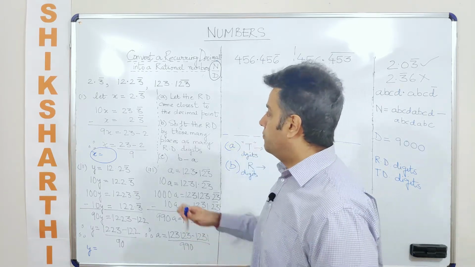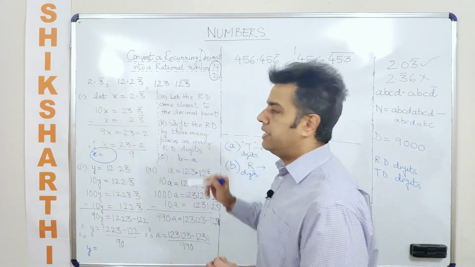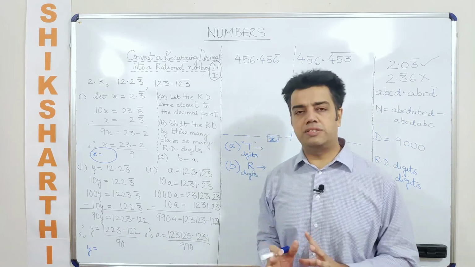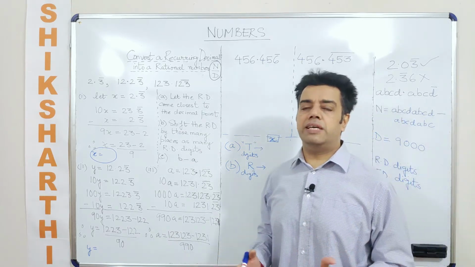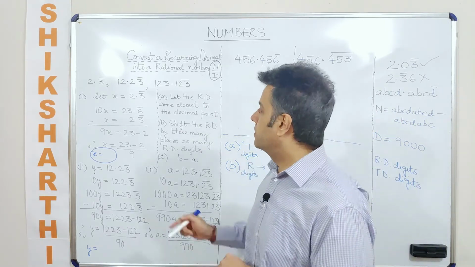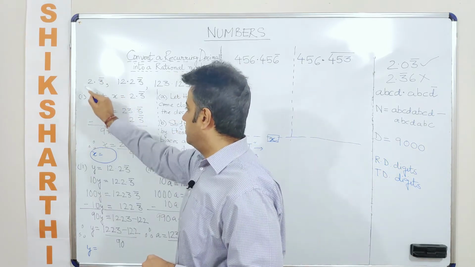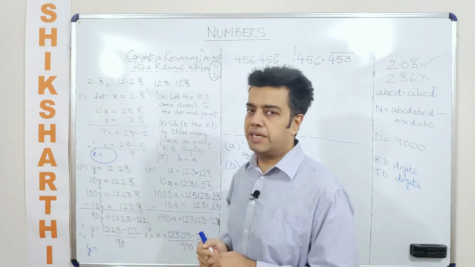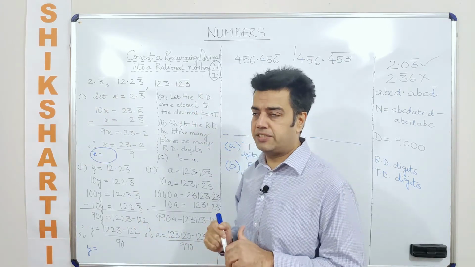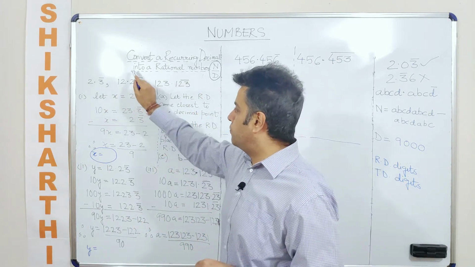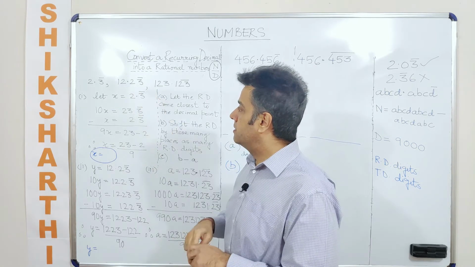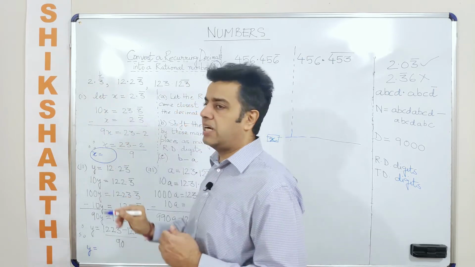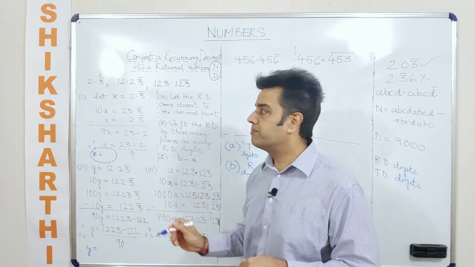Okay. So the first example that I have taken, I have taken a variety of examples here. First we will talk about the basic concepts, then we will take it to a next level. So in the first example, you will see that immediately after the decimal point, I am taking the recurring decimal digit. Here there is one gap in between. So in the first case, the recurring decimal digit starts immediately after the decimal point.